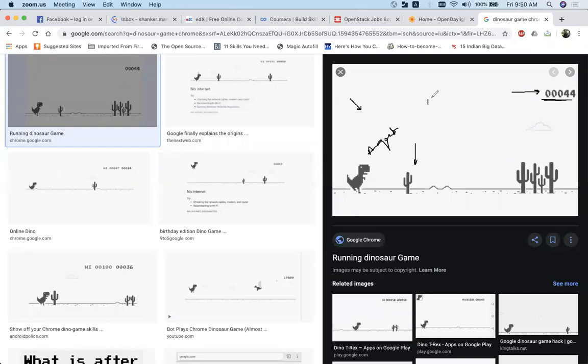Now in reinforcement learning, you will have 2 things. So one is your environment. This environment is made up of cactus trees, and it will have an objective. So what is the objective in this environment? The objective is to increase this score as much as possible. So the reinforcement algorithm learns that whenever there is a gap here, this is where I have to jump, right? So this is what this reinforcement algorithm will learn.